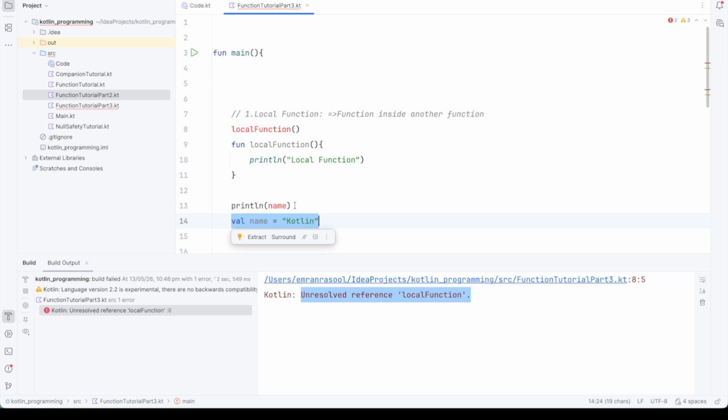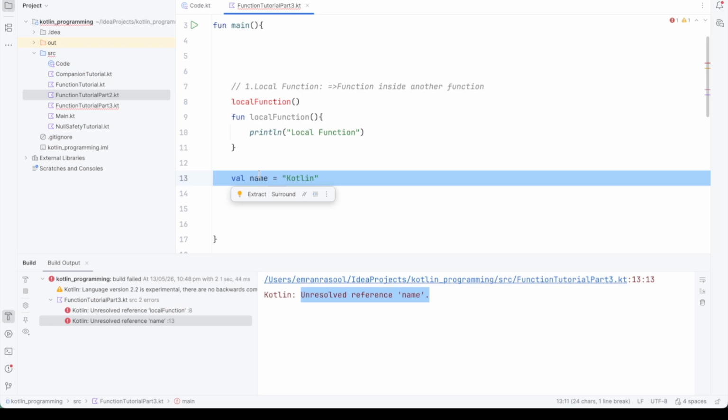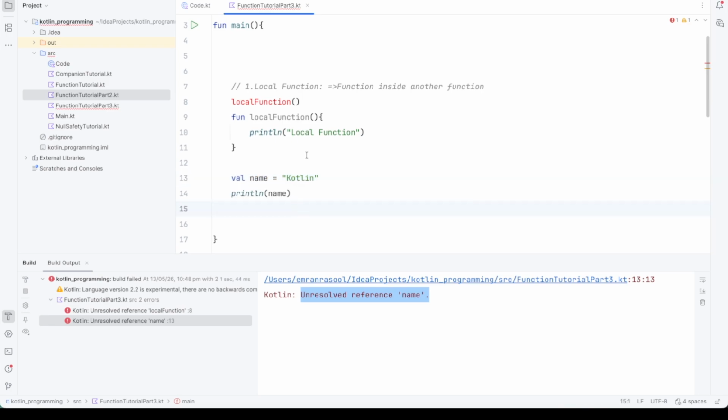I can't access it before declaring this variable. If I run it, we can see the same error, unresolved reference name. If I print it after line number 14, then we can access it. First we need to declare, then we can access.